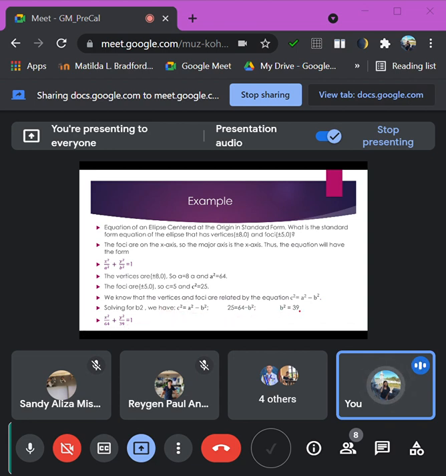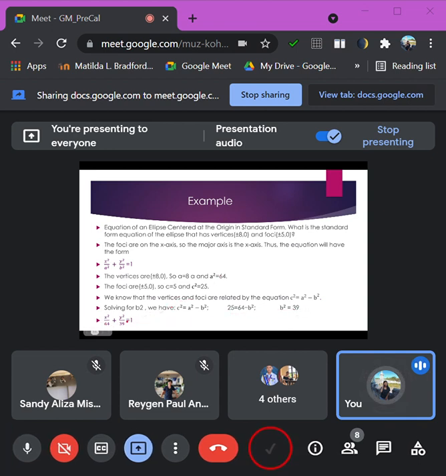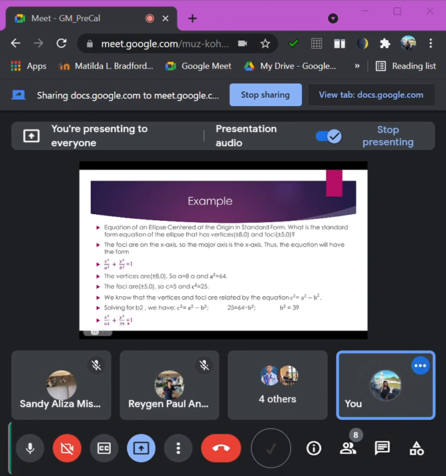So imo na siyang i-substitute, class, katong mga values nga kinahanglan, ang a squared kay 64, ang b squared kay 39. Diba, as you can see, mas dako ang 64 kaysa sa 39, because that is your major axis nga naa sa imuhang x axis. Okay, so that is how you are going to make your standard equation in our ellipse. So far, na questions,